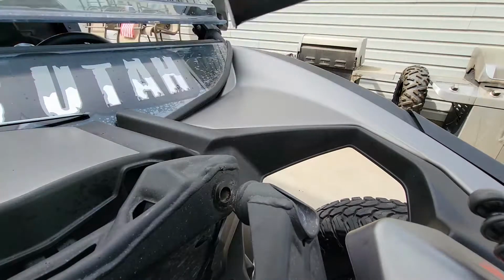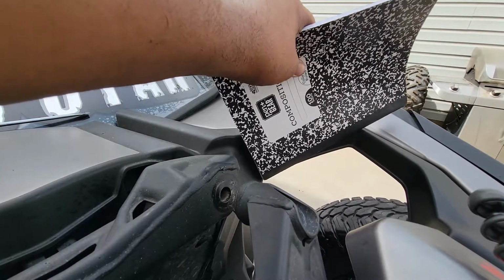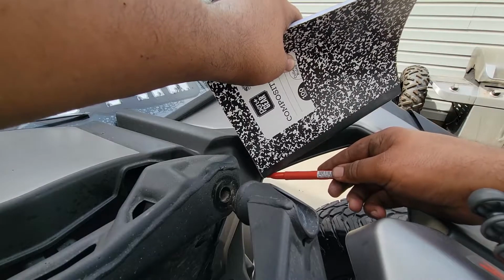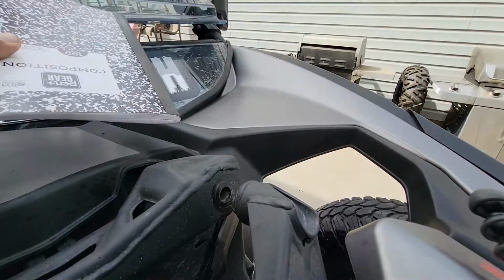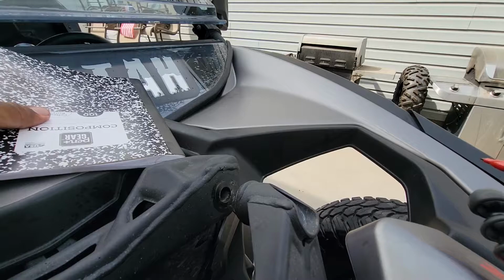Change of plans, I'm actually going to be using this. I have to get a cleaner line. Place it something like that. Put the marker right there. Do something like that. Yeah, it's a pretty good line. You can't really see it on camera, but